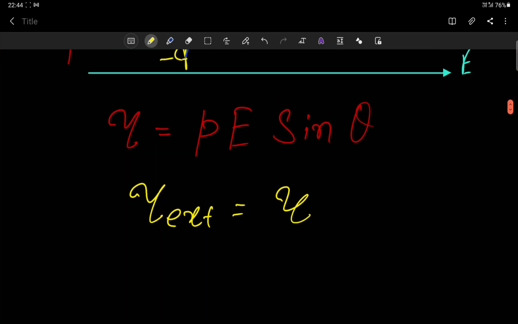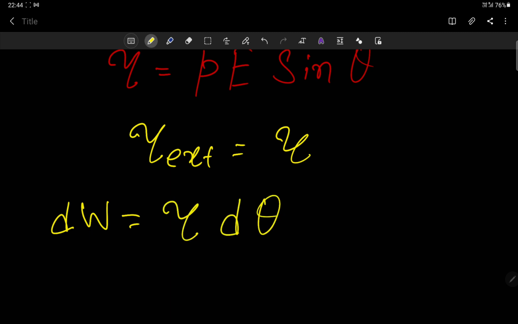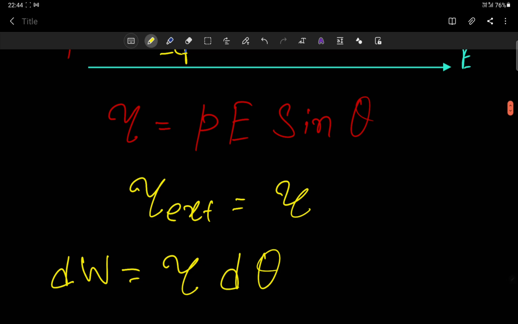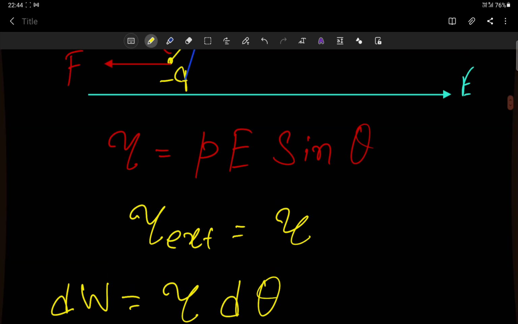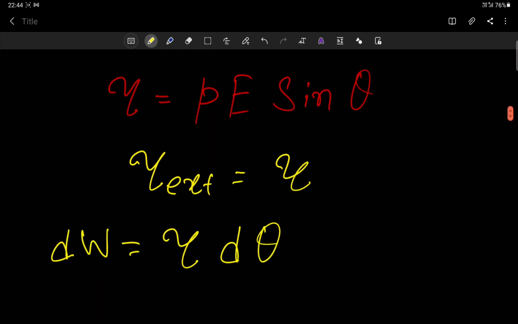Now we have to find out the work done. To find out the potential energy, first we have to find out the work done. The formula for work done is torque into angular displacement. Work done has two formulas, force into displacement and torque into angular displacement. Here you don't have to apply the force into displacement formula, because the net force is 0, so the linear work done will be 0. Why? Because this torque is not causing any linear or translational motion. It is causing rotational motion. So that's why you have to apply the formula torque into angular displacement.